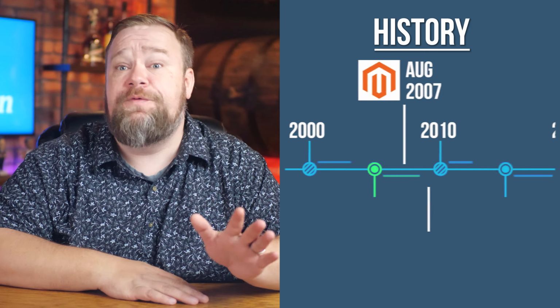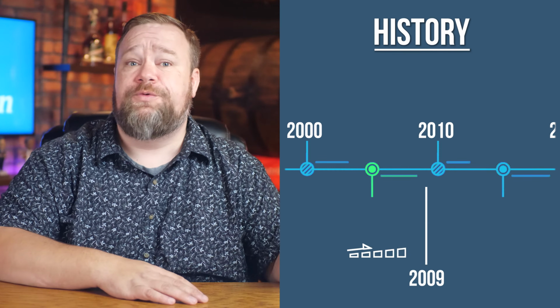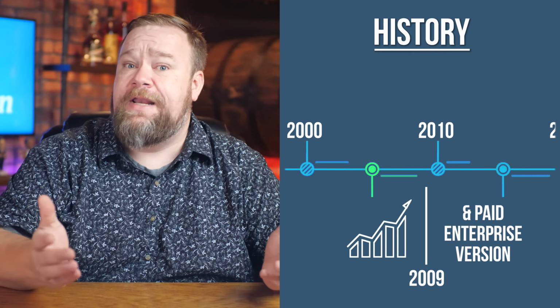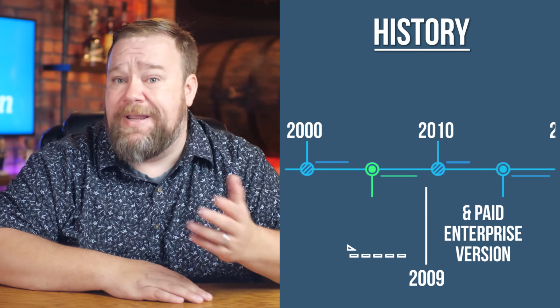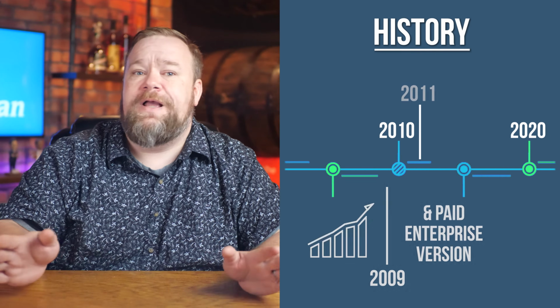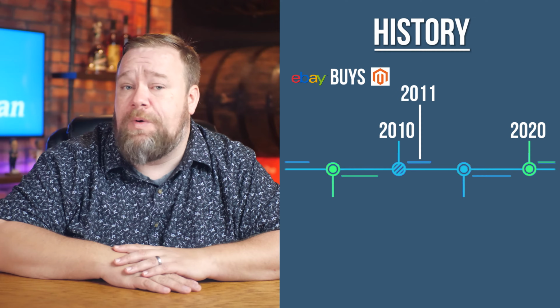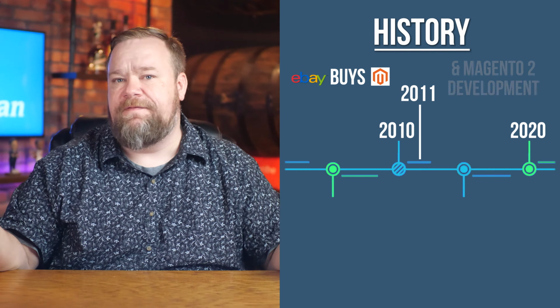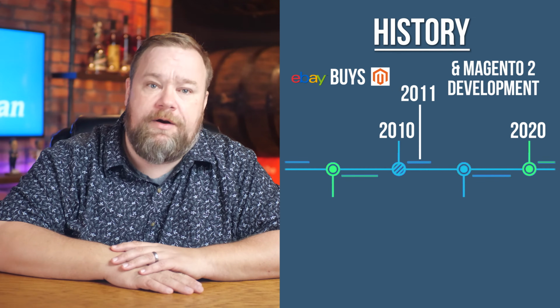The platform was open source, free to download, and was met with instant success. By 2009, the platform had risen to incredible popularity, and a paid enterprise version was introduced based on the open source platform. In 2011, eBay decided to acquire Magento and immediately began development on Magento 2 to modernize the architecture